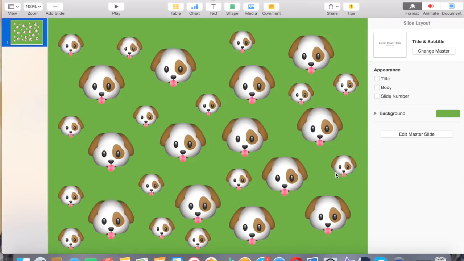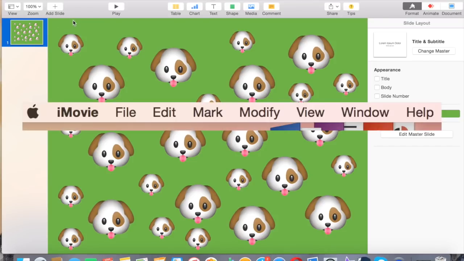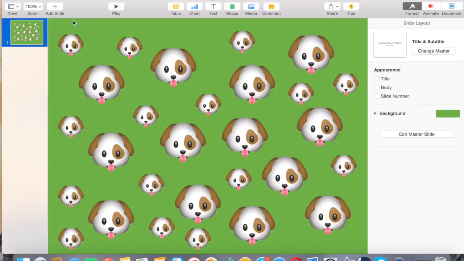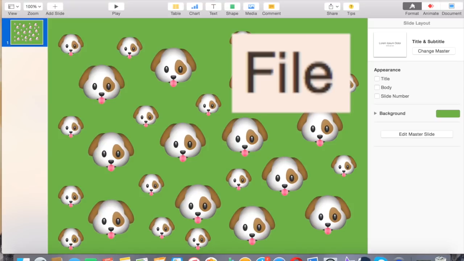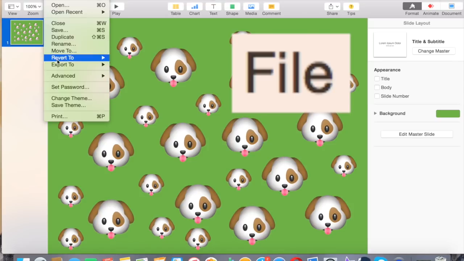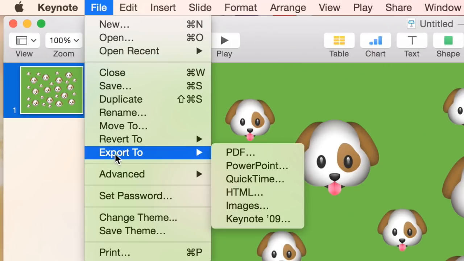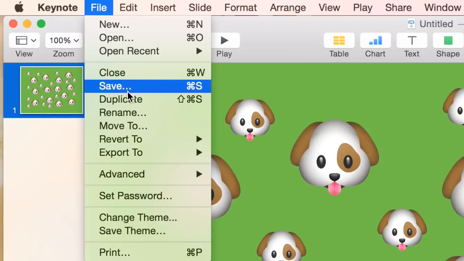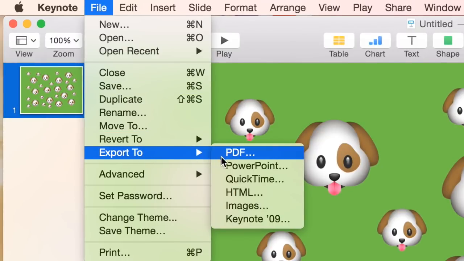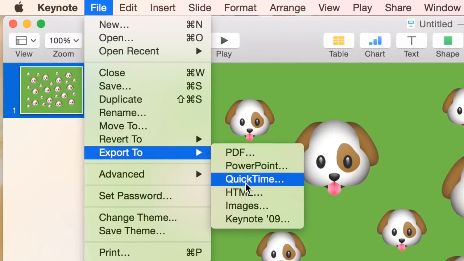and now that you have all of that and the way that you like it, I guess, you can go over to File again. I'll insert a picture of what that looks like. You know, at the top of the screen, there's that bar, and it says File, Edit, Insert, Slide, Format, Arrange, View, Play, Share, Window, and Help. You want to go to the File one, and then go to Export To. So it should have all these different options. You want to go to Export To, and then the third one down, QuickTime